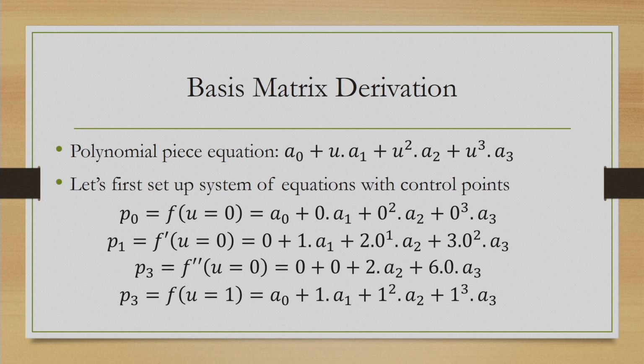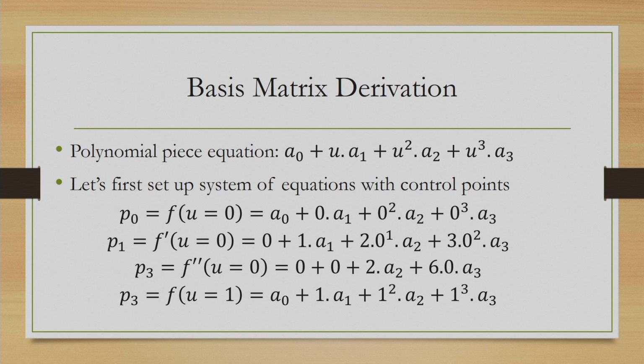Now, let us try to represent this spline using one of the representation techniques. So, recollect again that a spline can be represented in either of the two ways, namely a basis matrix representation and a blending function representation. We also mentioned that they are equivalent. So, any one representation is good enough. Now, in the context of interpolating splines, we will try to represent them using basis matrix form.